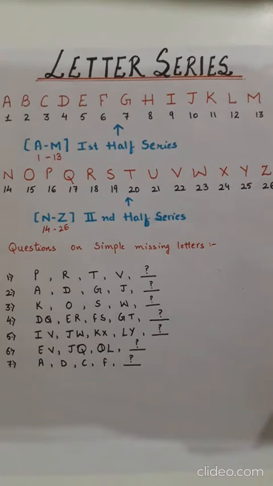Now students, as we start reasoning, we should learn all the place values of all the alphabets. As there are 26 alphabets, if somebody randomly asks which letter comes on the 18th number, we should know that it's R. On 21 it's U. On 25 it's Y. On 6 it's F. It's very important to learn all the place values, because in exams there is no time to count on fingers which letter comes on which place value.